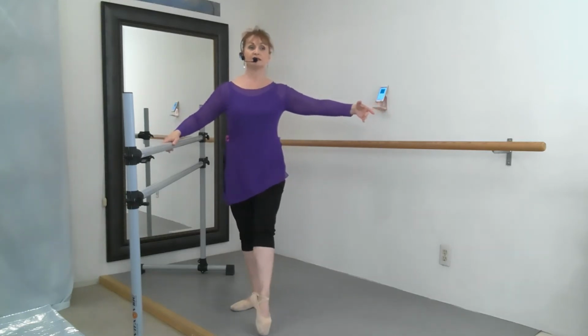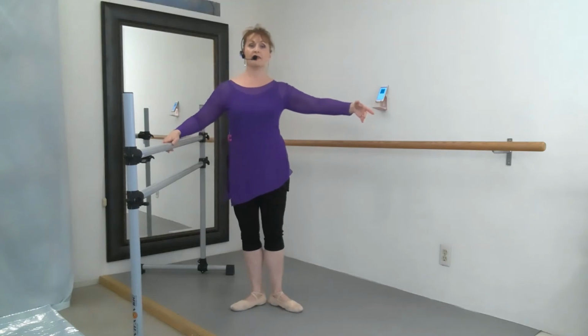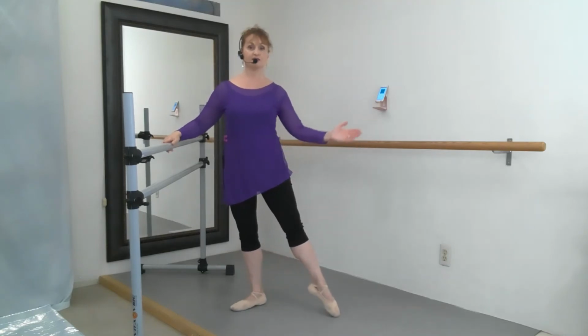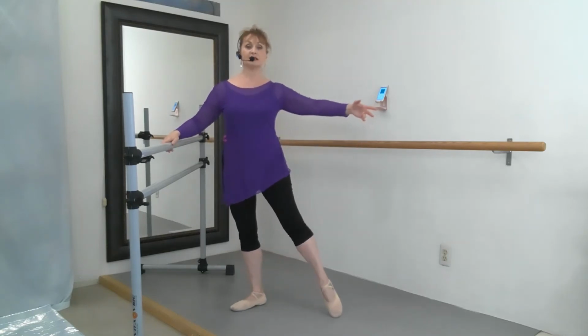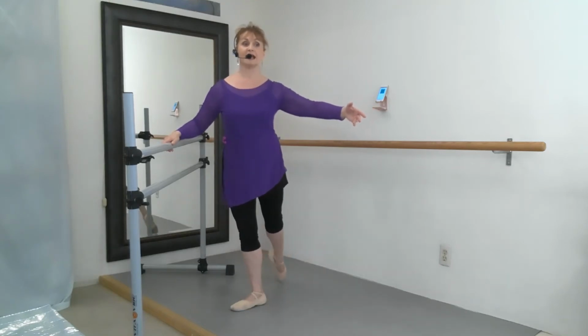You want to have your functional turnout of what you can hold with your muscles, yep? So here we go. We're going to go 5, 6, 7, 8. To the front, 1, turn it in, 2, out, 3, close, 4. And then to the side, which is slightly front, out and in and close, tendu, back and in and out